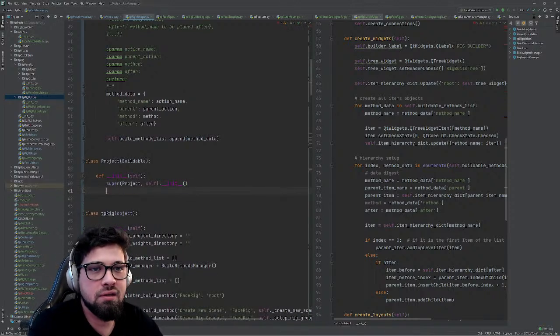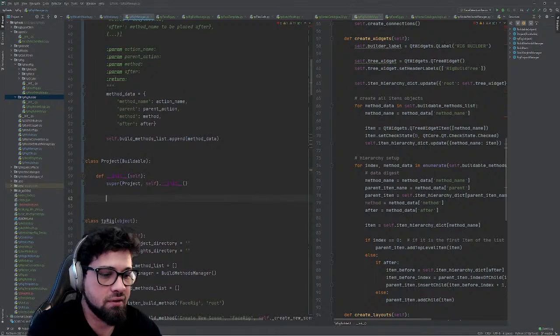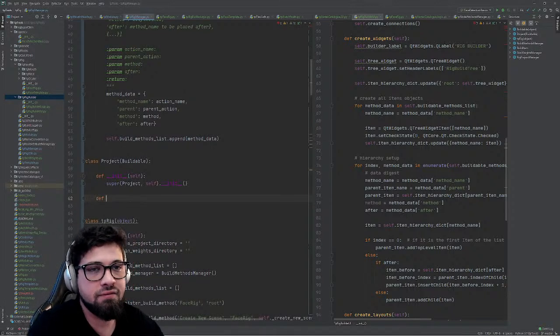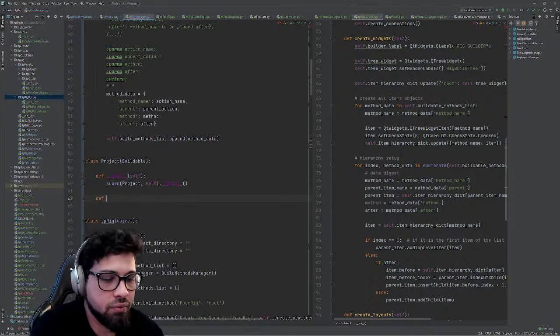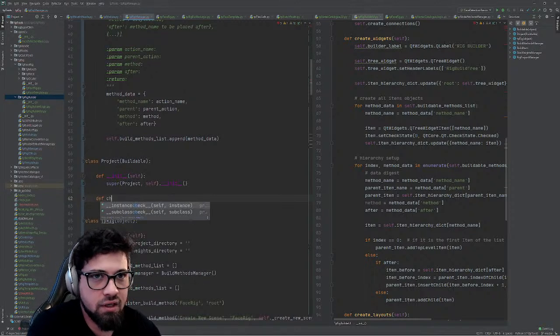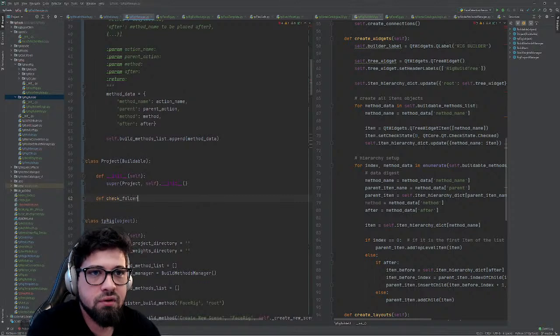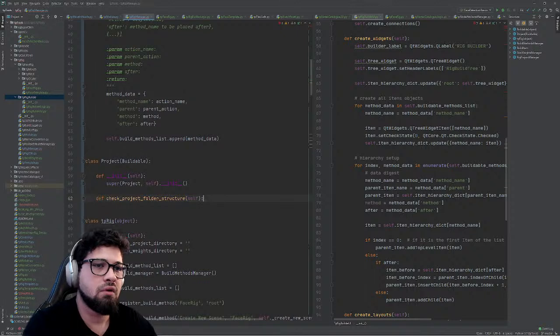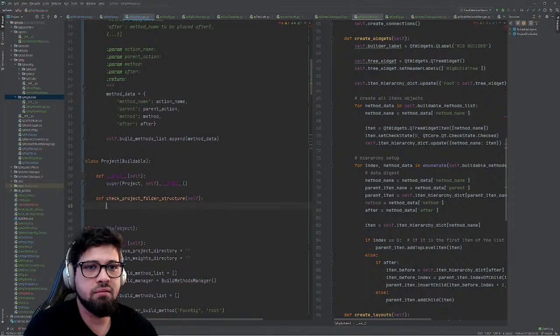So on the init of the project, or rather the methods of the project, I would like to have a check project folder structure,